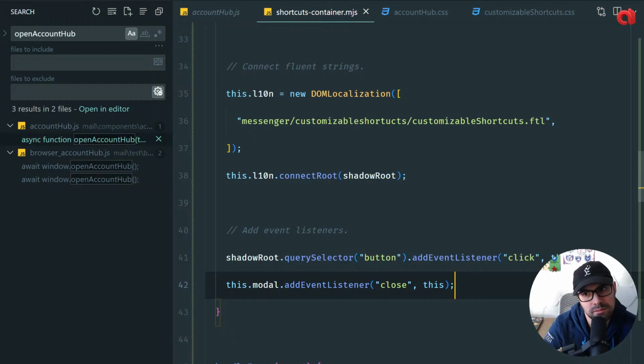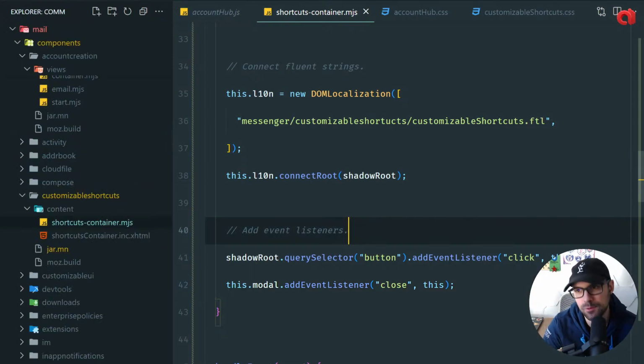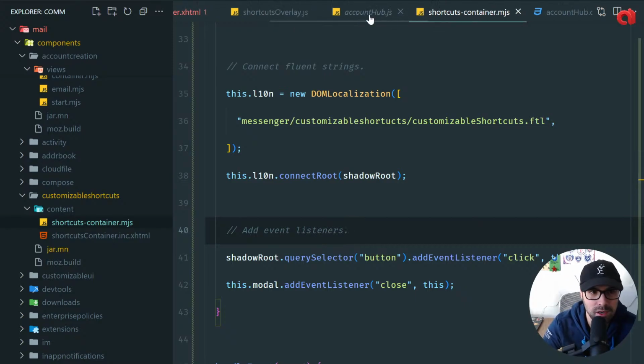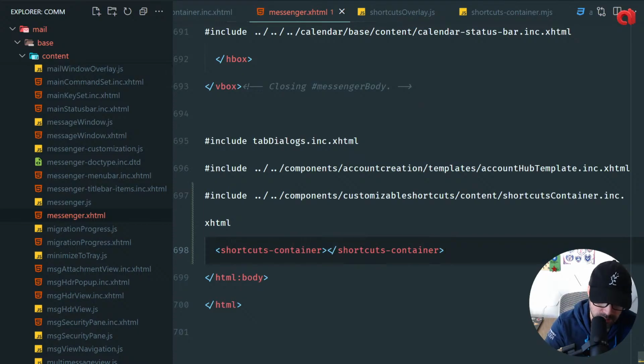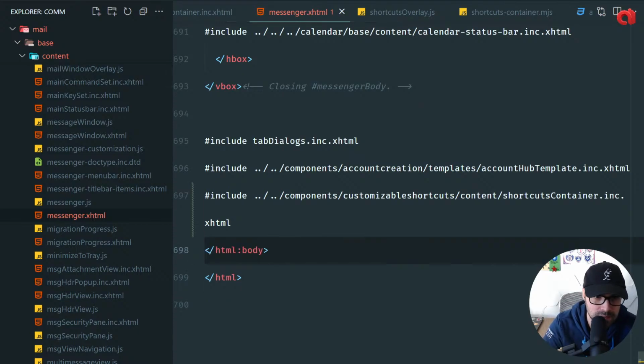But how many times per day do you think users will find themselves editing shortcuts? The majority of the time it's not going to be used. So if we can avoid loading something that we don't really use, it's better. So I would say we want to load it asynchronously and not build it as soon as it kicks in. So we want a function that can be called that